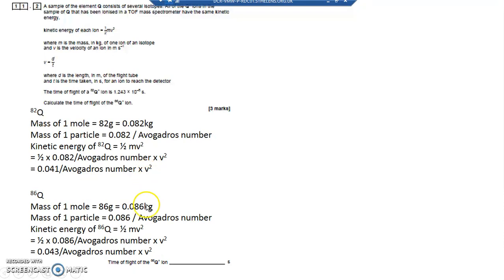V squared is not the same in each of these, because the velocity of this lighter particle 82Q will be going faster than the heavier particle 86Q. But one thing I do know is that the kinetic energy of each of these is the same. So this value, 0.041 divided by Avogadro's number times v squared, is the same as 0.043 divided by Avogadro's number times v squared for this particle, because the kinetic energy of each particle, every particle that goes into the tube,